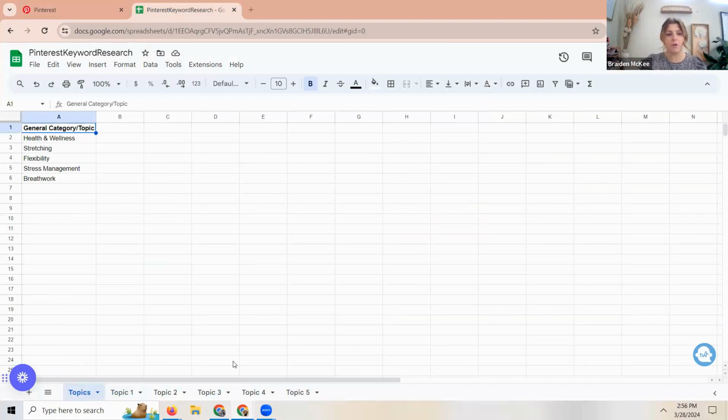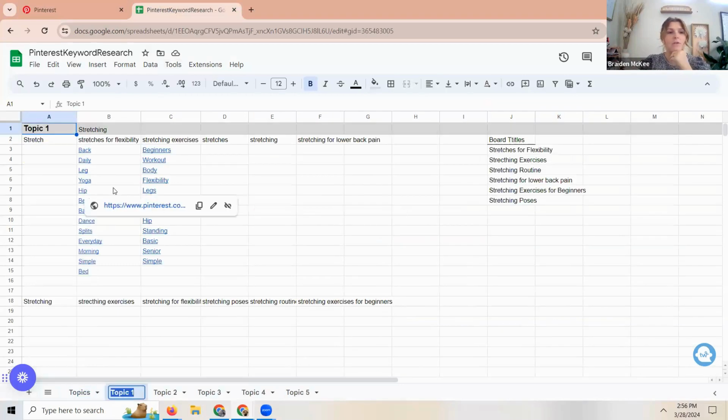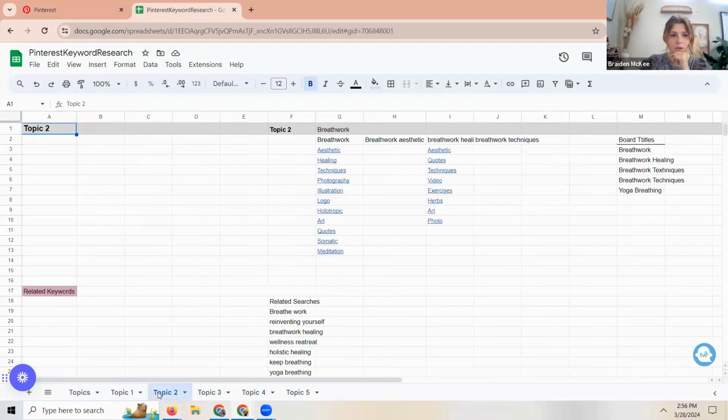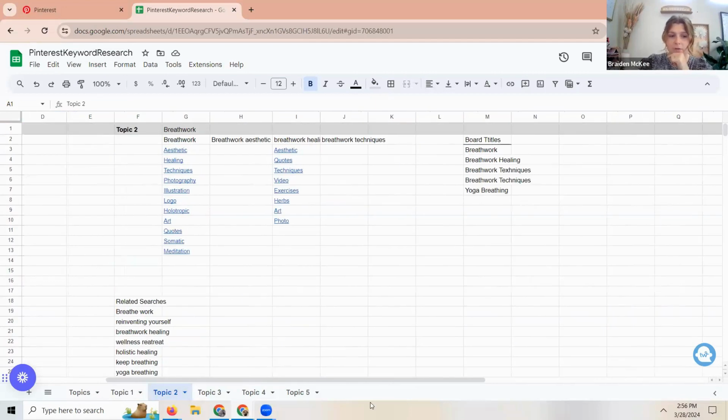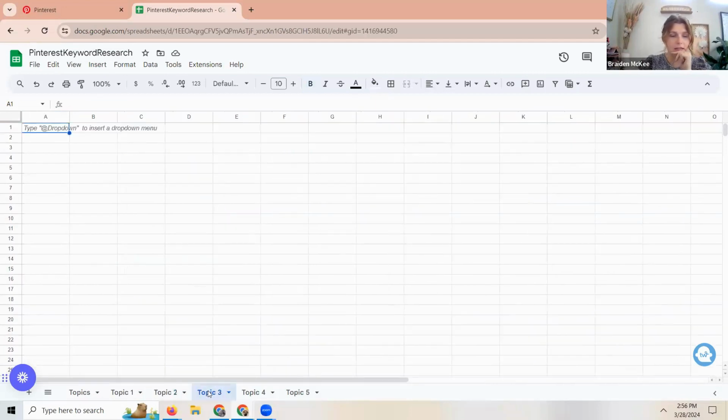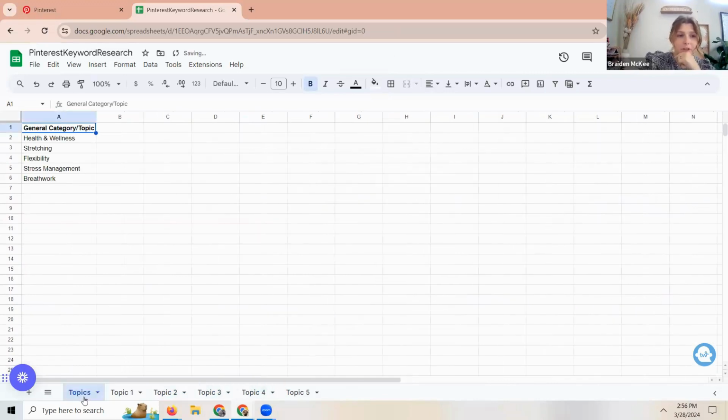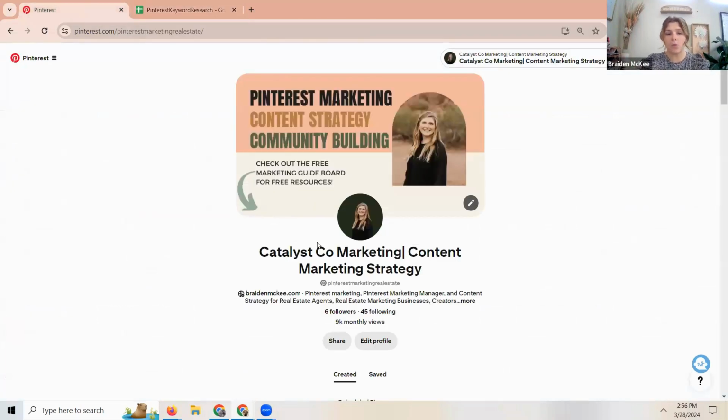Okay, so what I'm going to do is go to these top keyword phrases in my account. So let's see, we found stretches were these two keywords here. We found breathwork techniques. Okay, so I'm going to do that. Breathwork techniques. Oh, and then we didn't end up finishing, but let's say we did. We didn't go through the whole thing because I remember that was going to take a long time. So here, let's say I would write